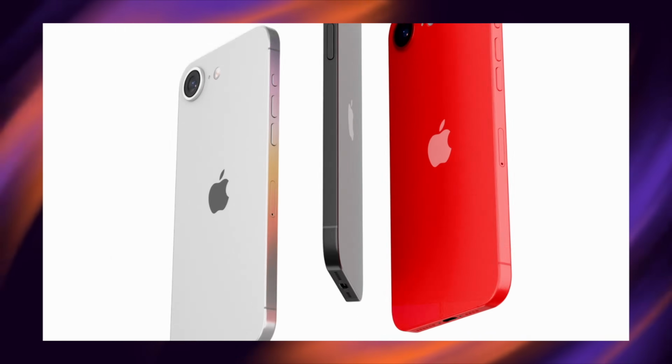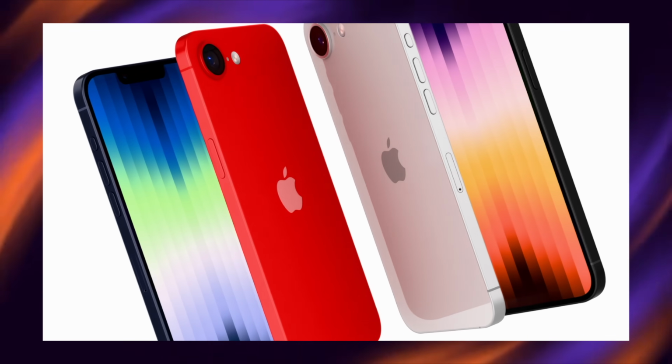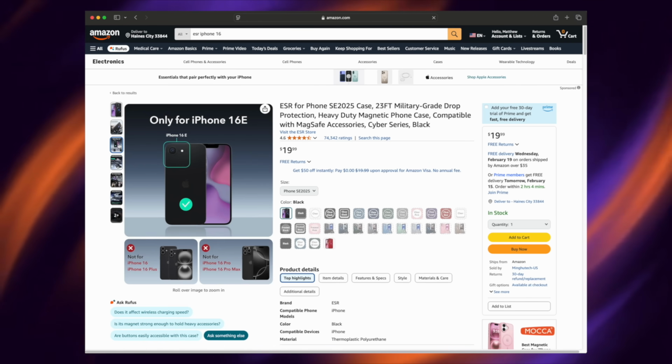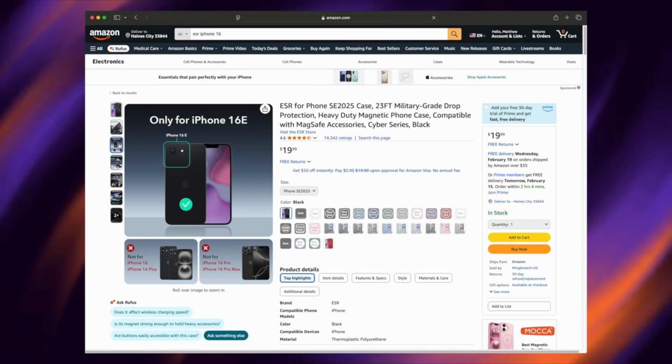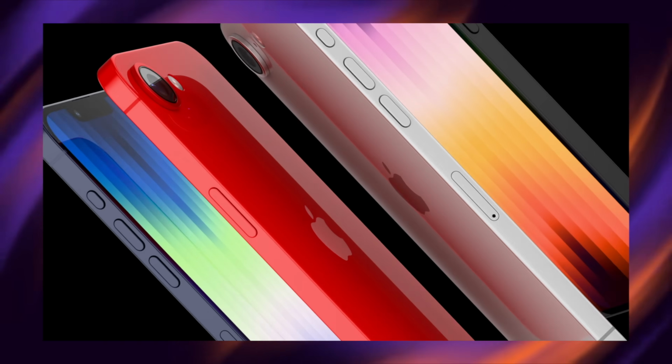So then guys, I've got you big news here. I've actually discovered that the next generation of the iPhone SE is definitely going to be called the iPhone 16e, with the leak that I have found today just scanning around on Amazon. And let me show you this today, and also let me tell you some more details too about the upcoming